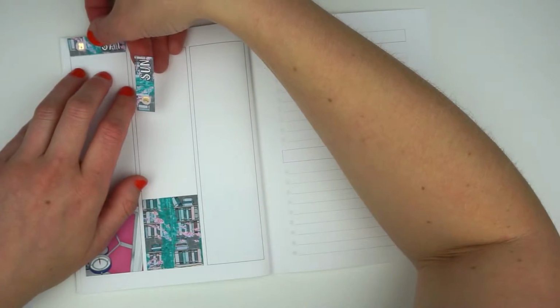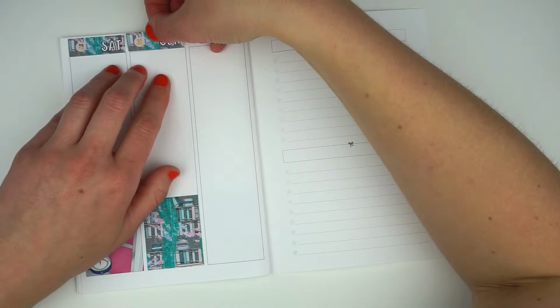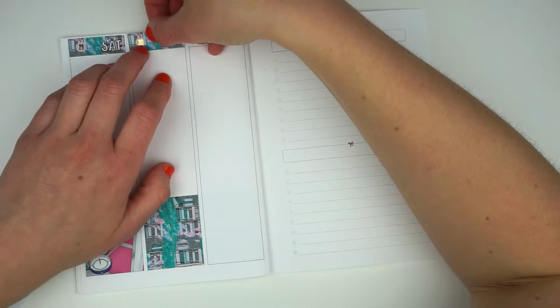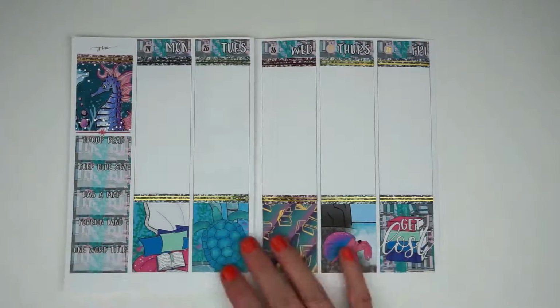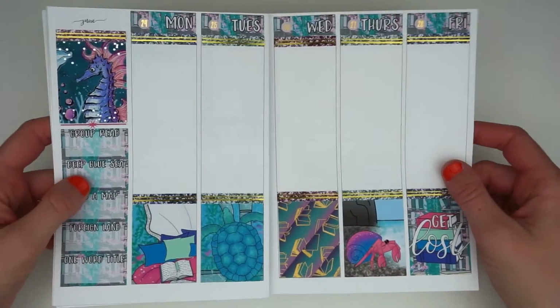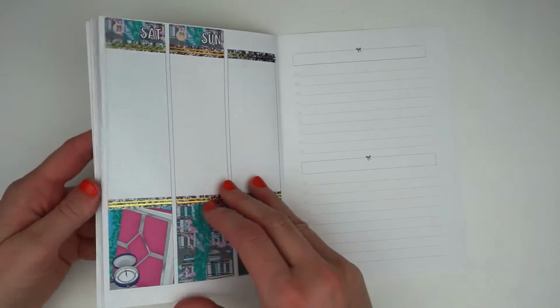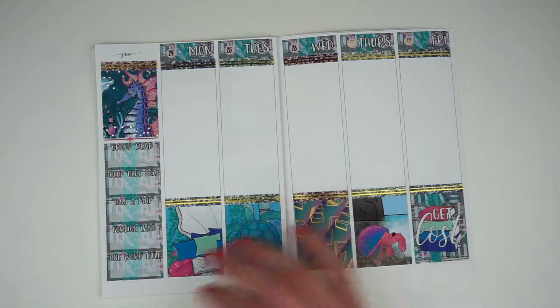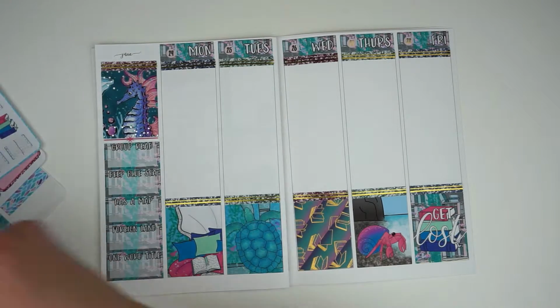So pulling in the last two, and then there's going to be a little bit of a jump here while I do my 2 washi tape full boxes, because those take a bit of time, and I didn't really need to record that because I definitely wouldn't be able to talk through that whole thing. And then I also put down some